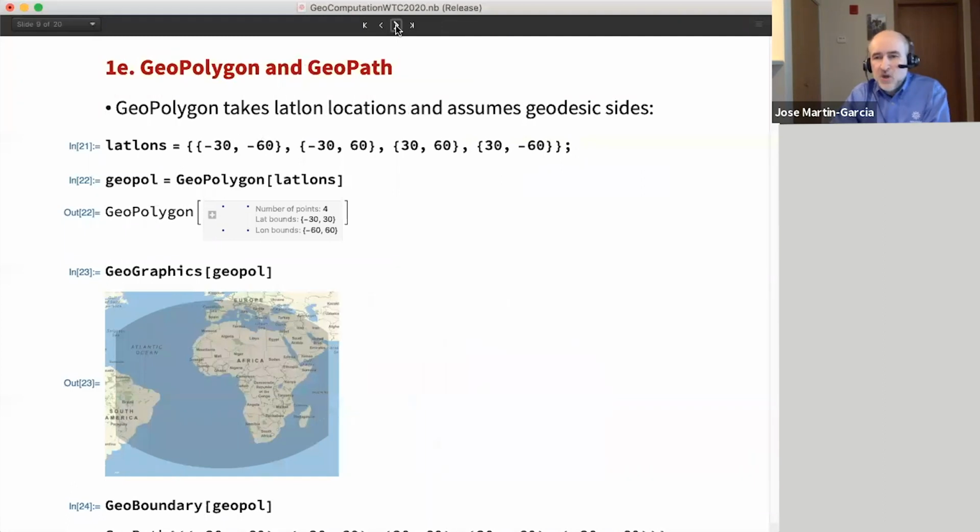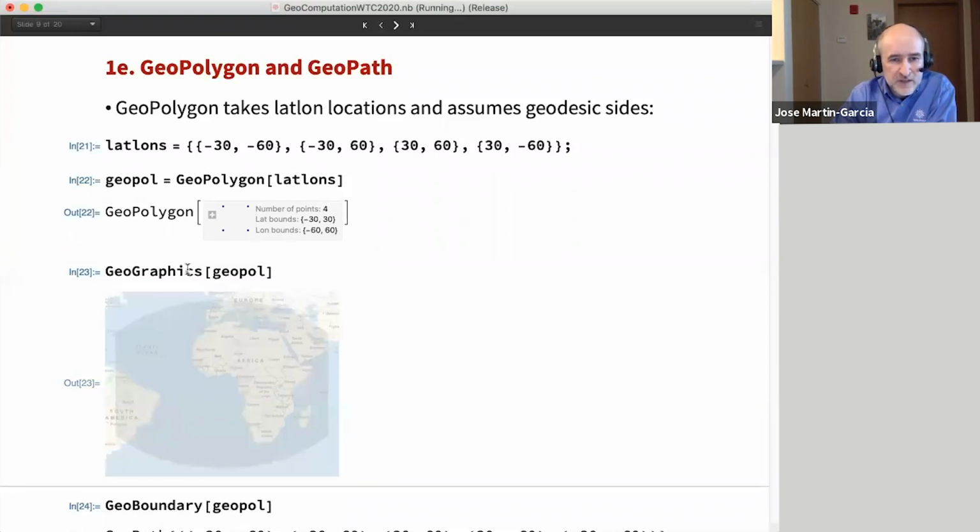Okay, so let me introduce the new object, GeoPolygon. GeoPolygon corresponds to the 2D region of GeoPath, and it has several interesting properties that I want to discuss today. So let's take some latitude and longitude points. So we have these 4 points, right? So we put them in this object, GeoPolygon. Now, if we do a GeoGraphics of this object,